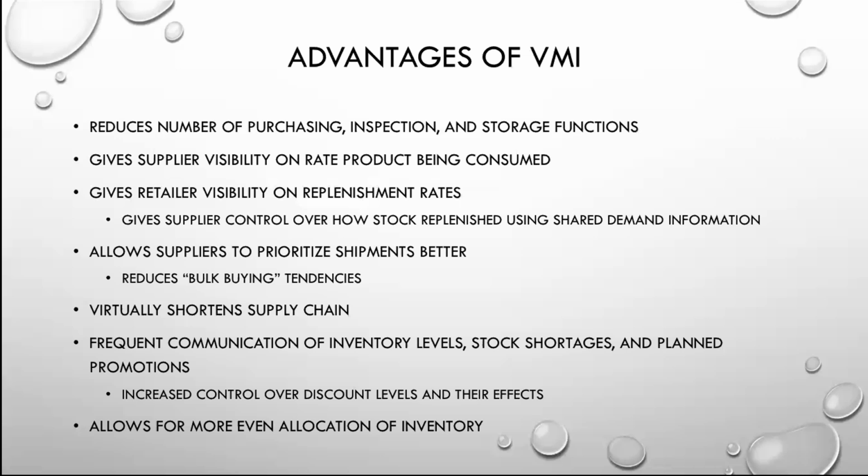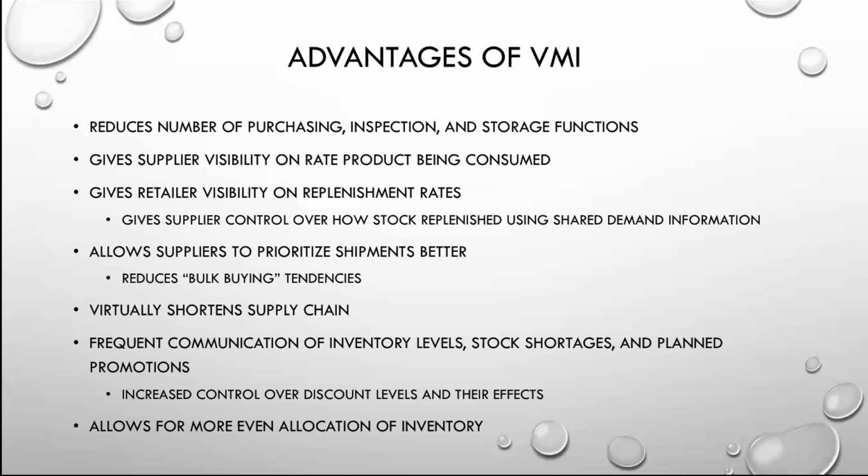Now, in the case of Walmart, as you're going to see, I believe in some of the reading during the week, we'll talk about Walmart. Walmart uses this as a cudgel to force suppliers into certain performance standards. And a lot of suppliers do not like that because they don't like to give up control of their own operations. In VMI, the vendor gets a certain level of control over how you perform, how you create your products.